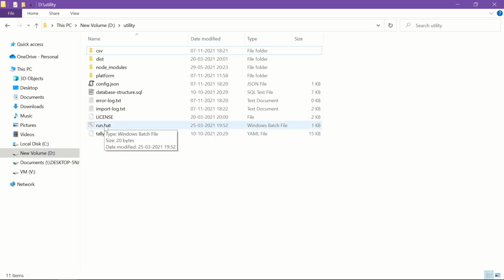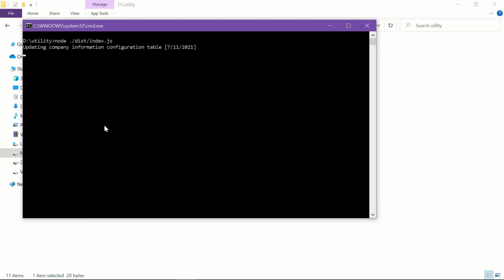So I'll just click run bat again and synchronize this data with the database. So Tally's data I am synchronizing with the database. It will take a minute or more to synchronize, based on your volume. So I will skip this portion of the video and fast forward it.